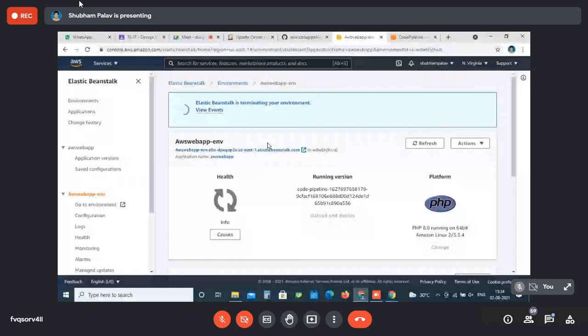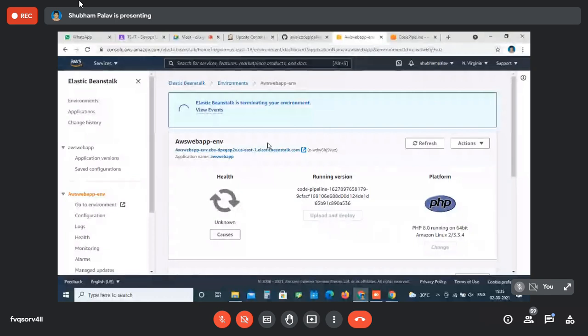No matter how busy you are, once you are finished with the work in AWS, please don't forget to terminate the respective environment, or else it will simply charge you. Now I don't know the charging amount, but yes, it will charge you if you forget to terminate the environment. Time is done. Yes, ma'am, it's done.